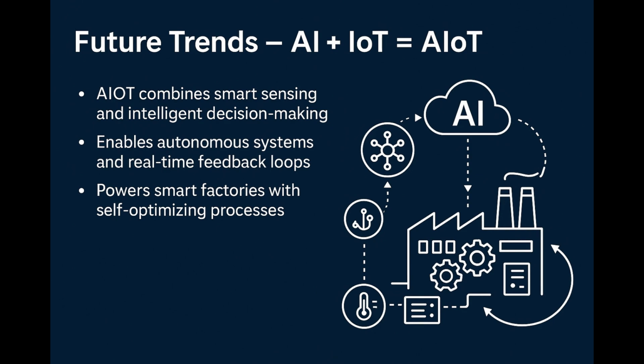For example, a vibration sensor connected to an AI model can predict motor failure before it happens, triggering an automatic order for a replacement part. AIoT also powers autonomous control loops, allowing processes to optimize themselves without manual intervention. And with cloud and edge computing, these systems can scale across entire production networks, creating a fully connected, fully intelligent industrial ecosystem. AIoT is the foundation of the smart factory, where every device is not just connected, but learning, adapting,